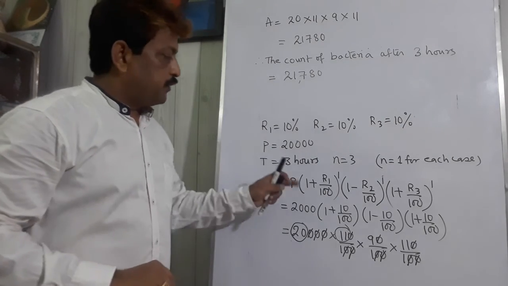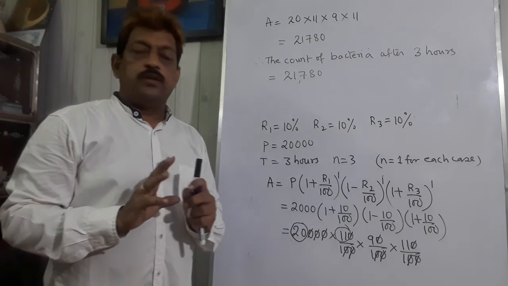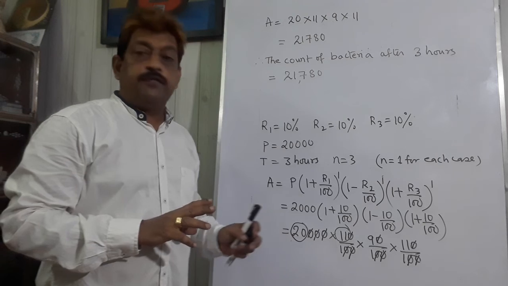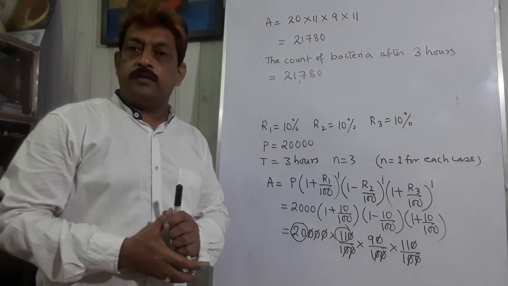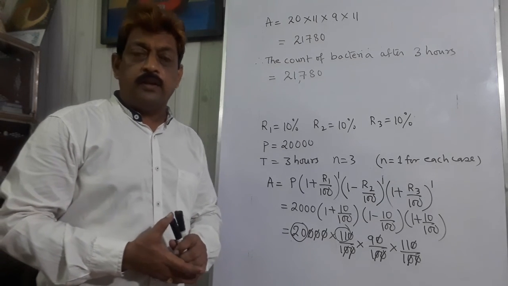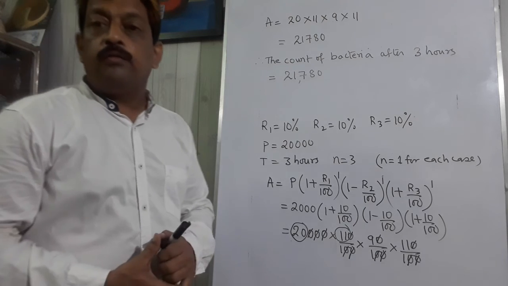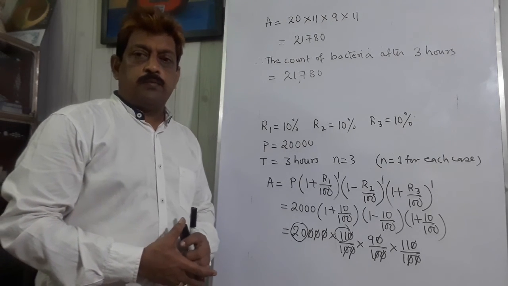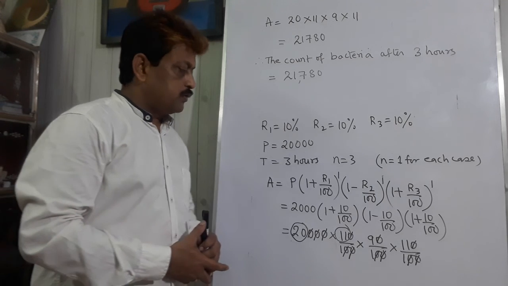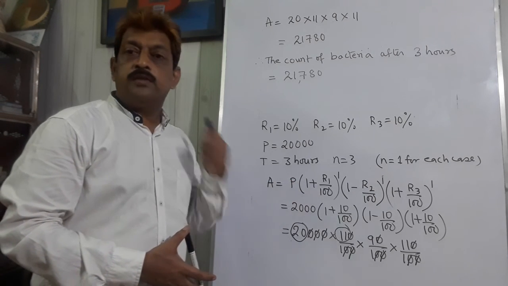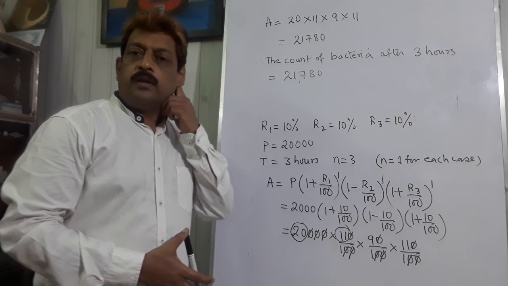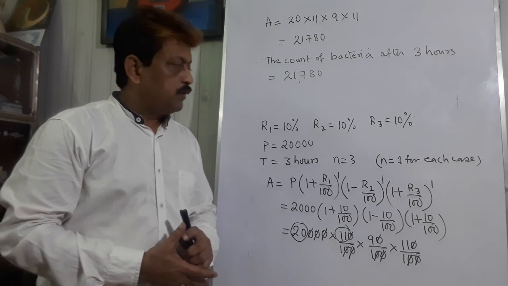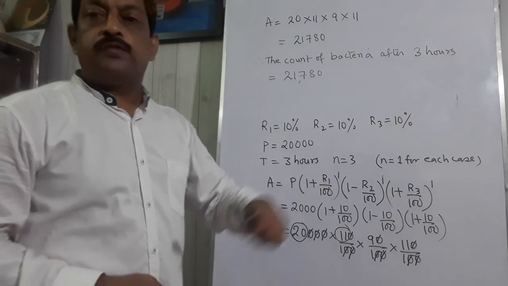Nice. And with the formula, it is easy to calculate the value if different types of rate of interest or rate of growth are given, and we can do it in one step using this formula. A lot of time is saved, because if we are to do this sum in 3 steps, then a huge amount of time will be used. So to avoid that, we can use this formula.